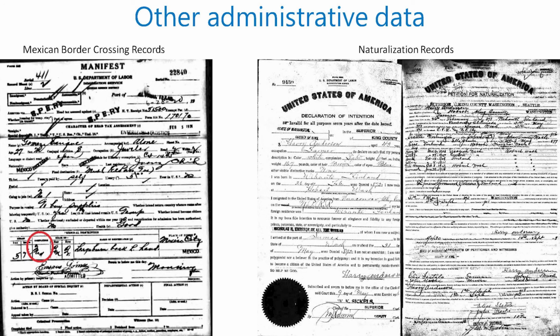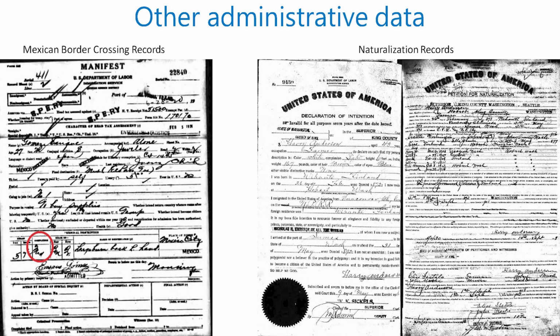So one is Mexican border crossing records. Border agents originally were at the border to enforce the Chinese Exclusion Act. However, beginning around 1908-ish, they began collecting these border crossing manifests where they'd write down information of all Mexicans who are coming over the border. So this included various demographic information, such as who they were traveling with, what their occupation was, how much money they were coming with, whether they're going to come for a long time or whether they're going to return to